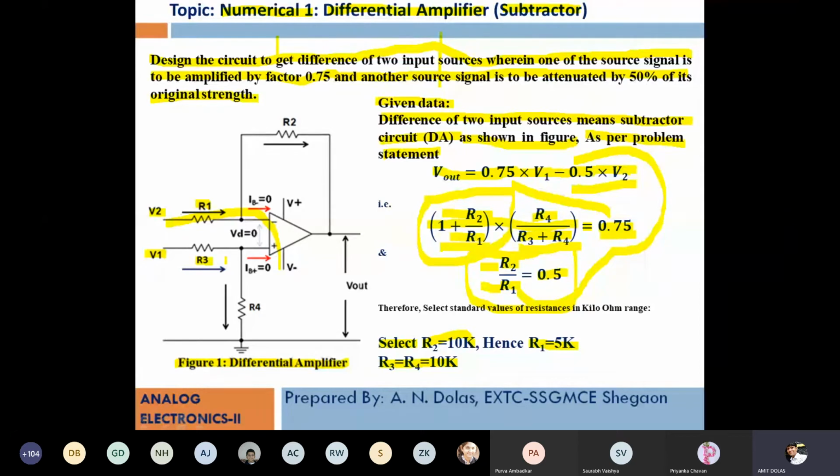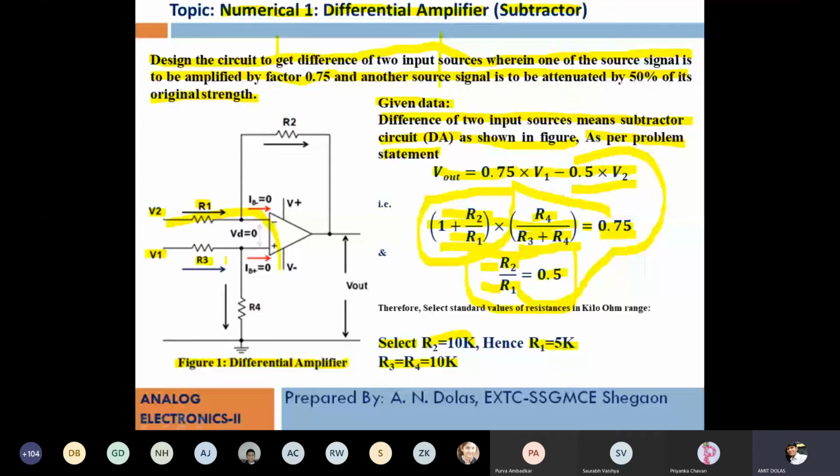If 5K to 100K is sufficient, fine. If your gain is very, very high, then you may move to 500K or 1 meg. Using a very high value of resistance in mega ohm, like 10 mega ohm and 20 mega ohm, is also not feasible for the circuit. Using a very low value in ohm is also not feasible considering other parameters of the op amp, like input impedance, which gets affected if you use a very low value. So use the range of 5K to 100K, that will be suitable.